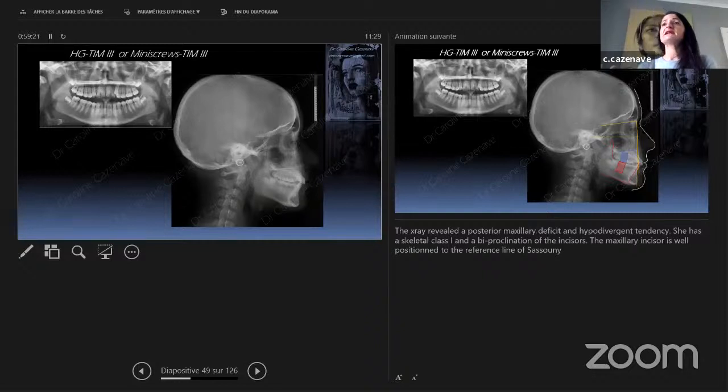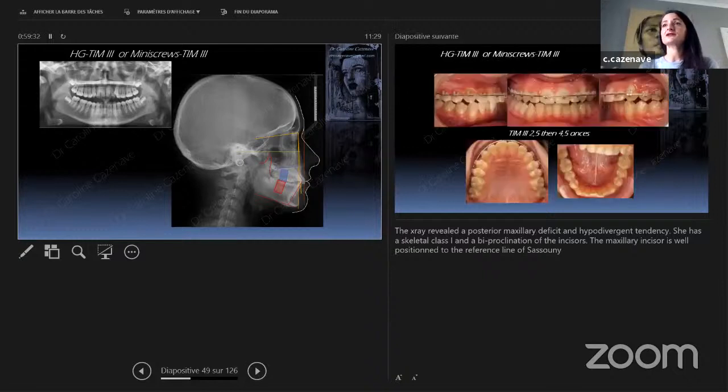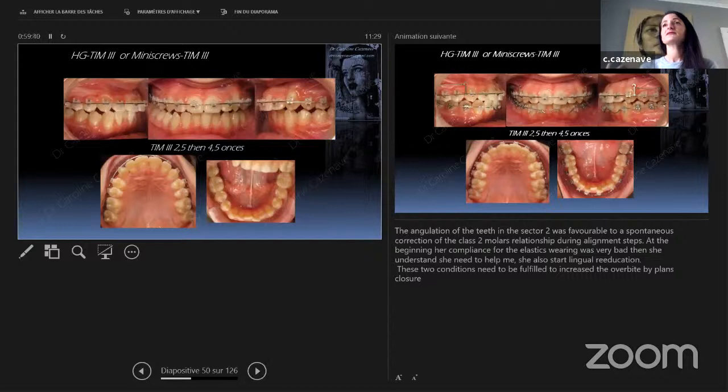The X-rays revealed a posterior maxillary deficit and hypodivergent tendency. She has a skeletal class 1 and biproclination of the incisors. The maxillary incisor is well positioned to the reference line of Sassouni. The angulation of the teeth in sector 2 was favorable to a spontaneous correction of the class 2 molar